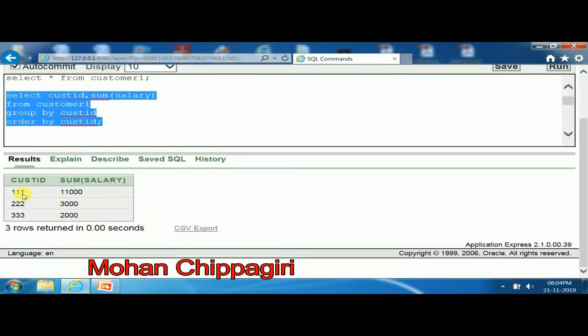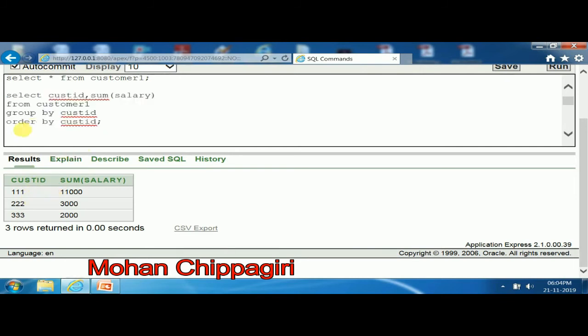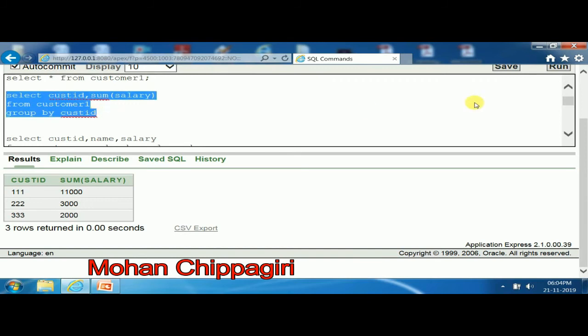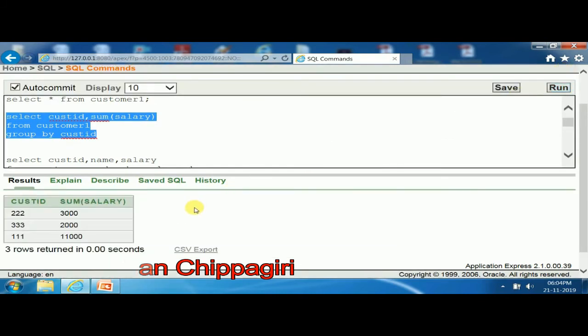Now the data is in order. When I use order by customer ID, it is ordering on the basis of customer ID. If you don't mention order by ID, the data will be shown in a different way. All the data will be there, but it will not be in order.